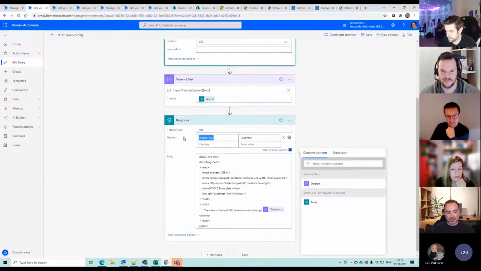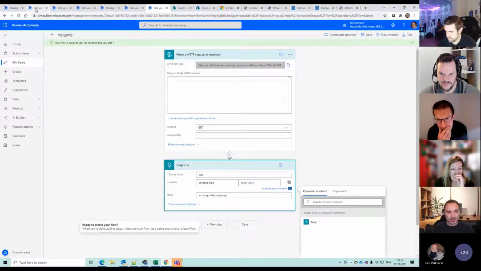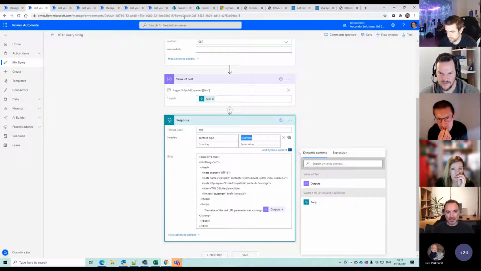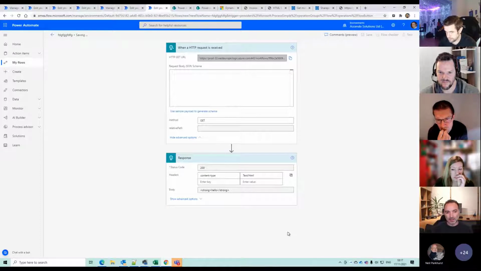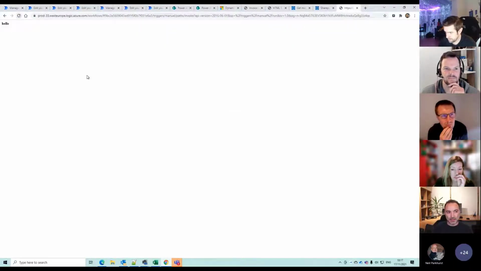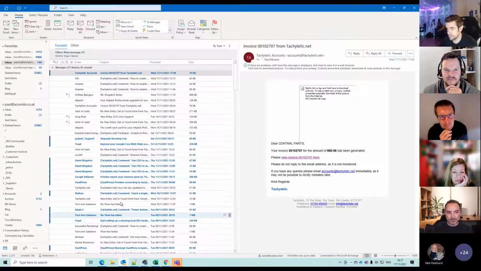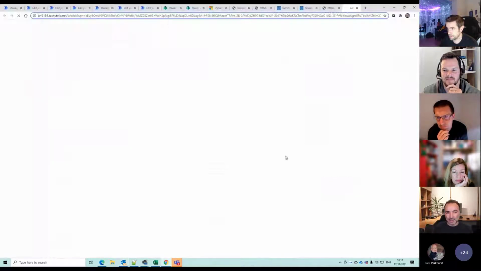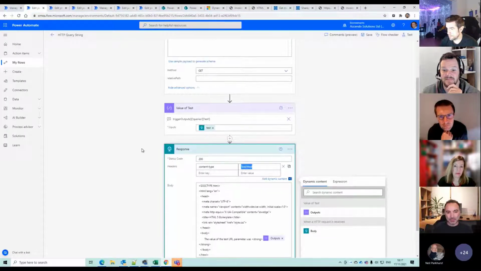that will just print that out, because the default content type for that response is application/text. But if I change the content type from here, I put a content type header in, I'll copy it from this one, say text/html, then we'll get the bold text and we'll lose the HTML tags. So that is literally being hosted by Power Automate. So that link in that email, that is a link to that Power Automate flow. So if I go back to that original flow,